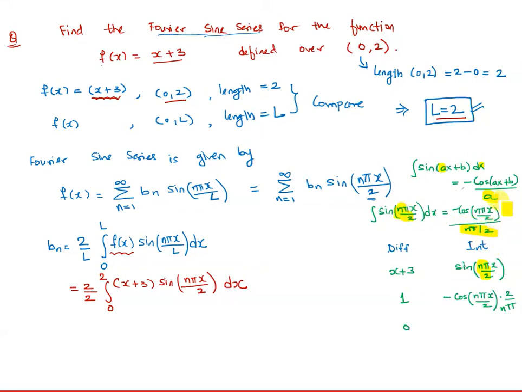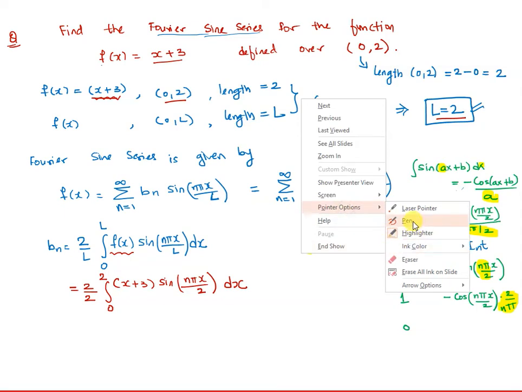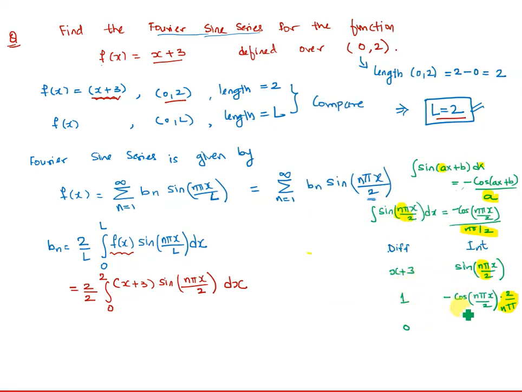Now this 2 will go up and n pi remains in the denominator. So when you convert it into multiplication, it becomes 2 over n pi. And it's better to write it as a multiplication term because it will not be so complicated. Okay, I hope it's clear now. So when we integrate it again, minus cosine will be minus sine n pi x over 2, and following the same way as we did here, we get 2 over n pi, 2 times.